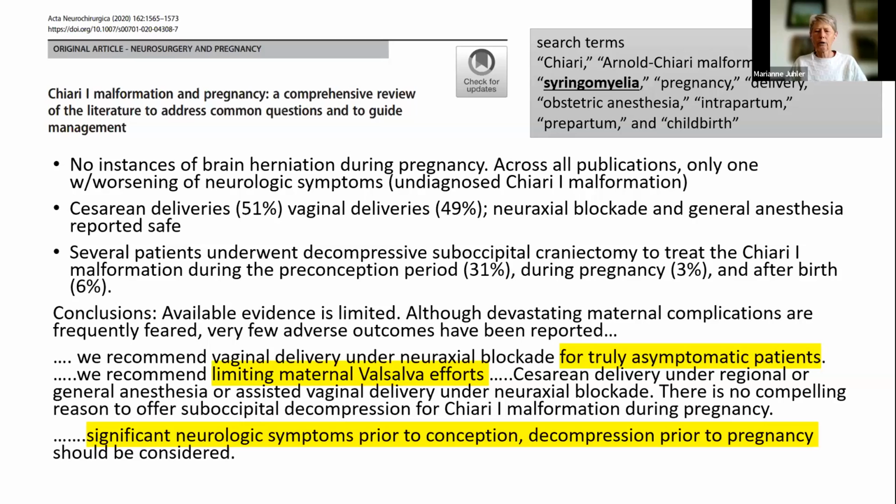And to support our own conclusions here, they state that for patients who are truly asymptomatic, one could probably recommend vaginal delivery under normal conditions, but with a recommendation to limit maternal Valsalva efforts. They also recommend that patients who have significant neurological symptoms prior to conception should probably undergo a decompression if they consider pregnancy. But sometimes, as you know, this may be too late, because you may become pregnant before you know you have a Chiari and before it's possible to undergo a decompression. So this is sort of a very hindsight-like